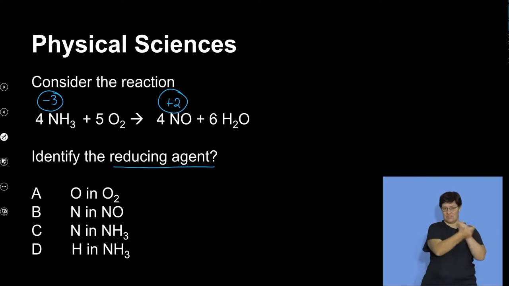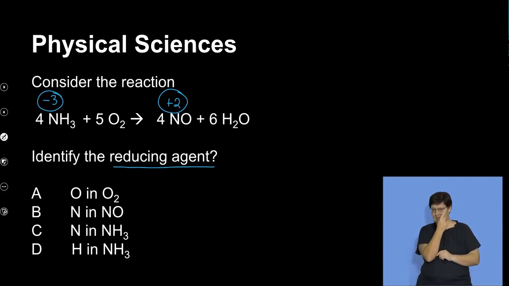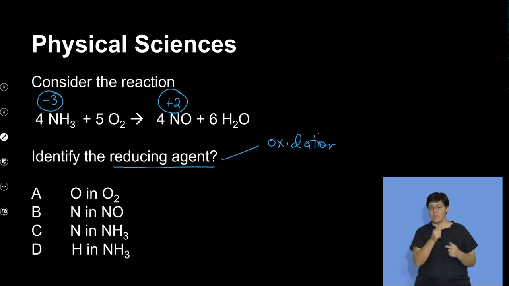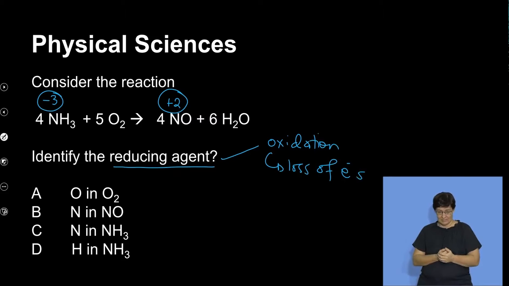But to arrive at that, we actually need to understand that the reducing agent is a specific type of species or substance. It could be an atom, it could be an ion that undergoes a process. The process involved in this case is oxidation, which has to do with loss of electrons, right? Okay, so we are happy to say that the nitrogen in ammonia, it's not the ammonia, it's actually the nitrogen